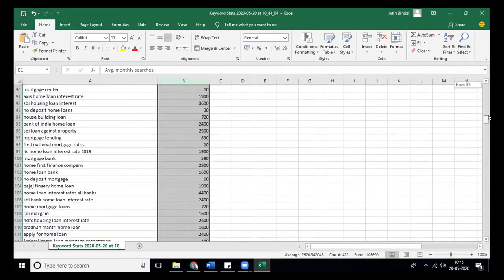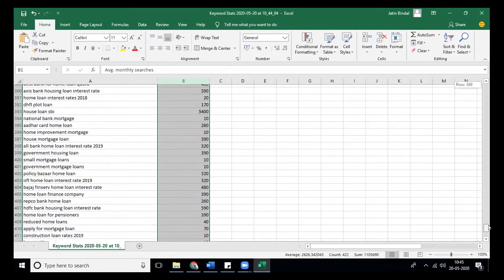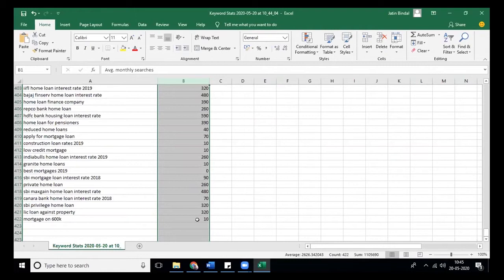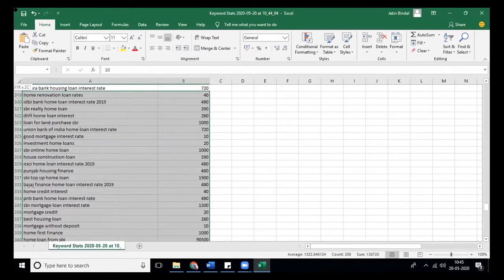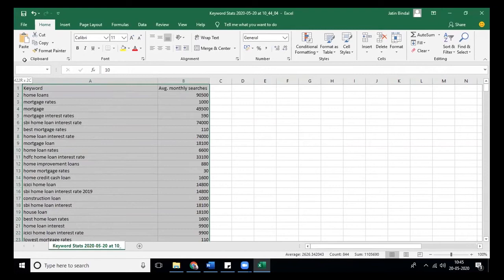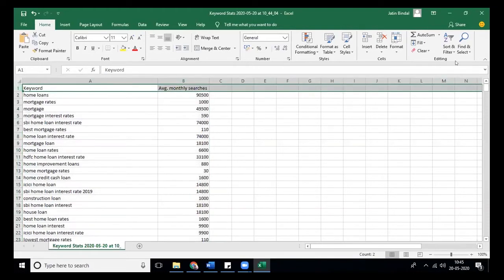Now the total number of keywords, if you look, is 421. It's huge. You can't read each and every keyword one by one and find it out. It's going to be really, really difficult. So what we should do is apply certain filters.